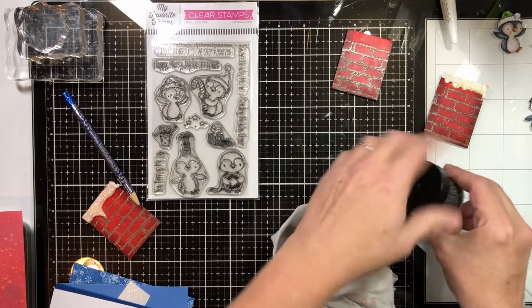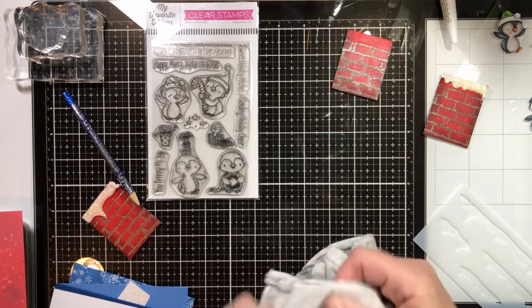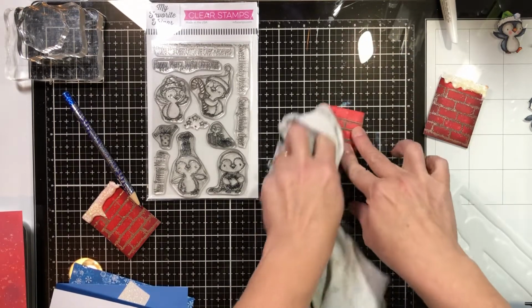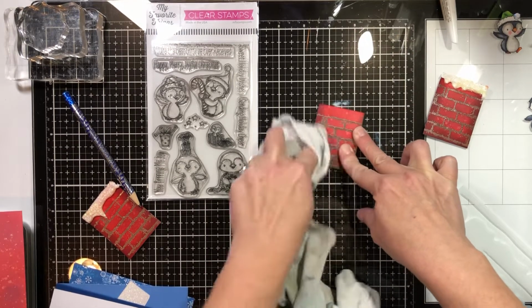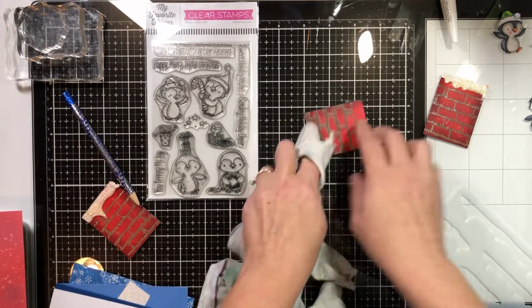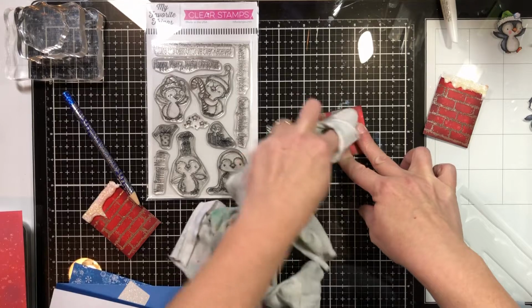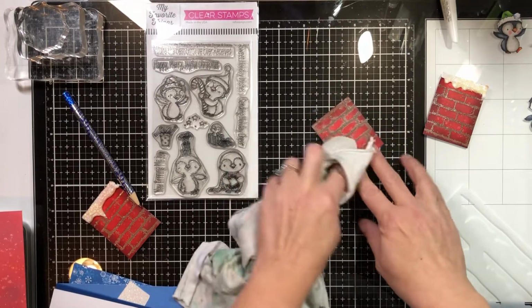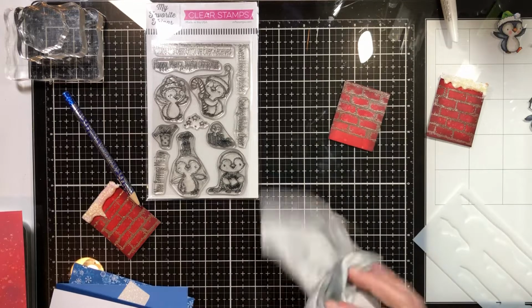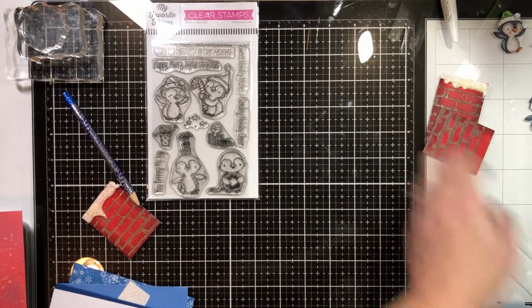But then, as an extra precaution, because I wasn't sure if that was going to be enough, that's supposed to keep it from being further affected by water, which I've never had a problem with before. It's always worked for me, but after having to redo 10 chimneys, I just wasn't willing to take the chance. So I took a piece of watercolor paper